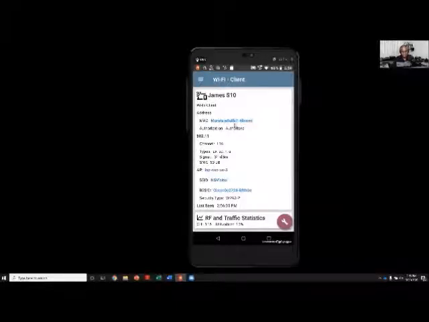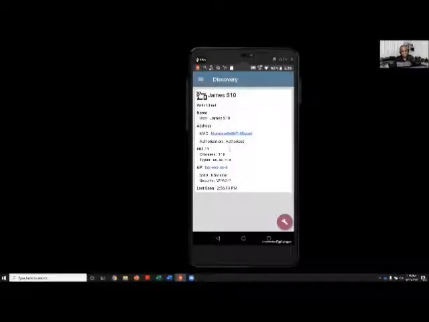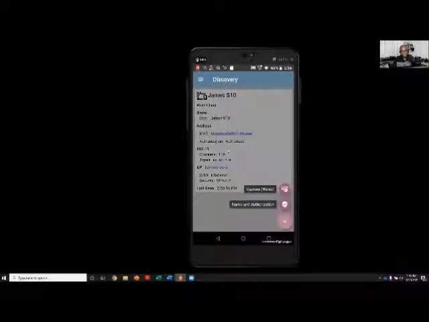So let me take my phone, which is now on, and when I click on it, and these blue underlined guys are links, I'm going to go from looking at this as a Wi-Fi client to a wired client. And now I have a whole set